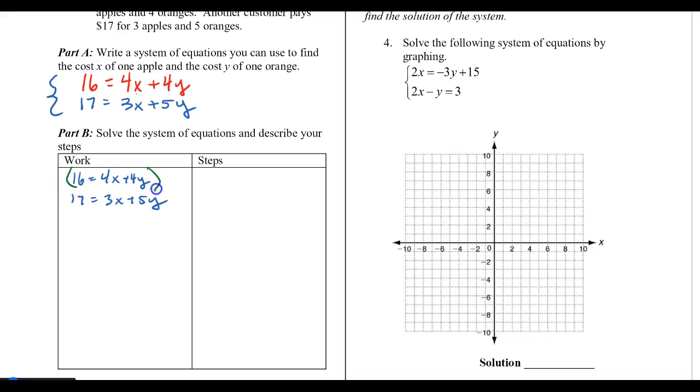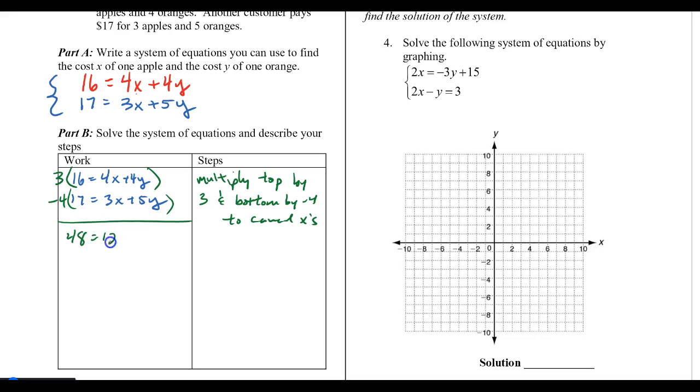So to do that, I'm going to multiply the top equation by 3. That's going to turn this x term into 12x, and I'm going to multiply the bottom equation by negative 4, and that's going to give a negative 12x on the bottom. So that step is multiply top by 3 and bottom by negative 4 to cancel x's. So when I do that, I get 2 brand new equations of 48 equals 12x plus 12y, and negative,